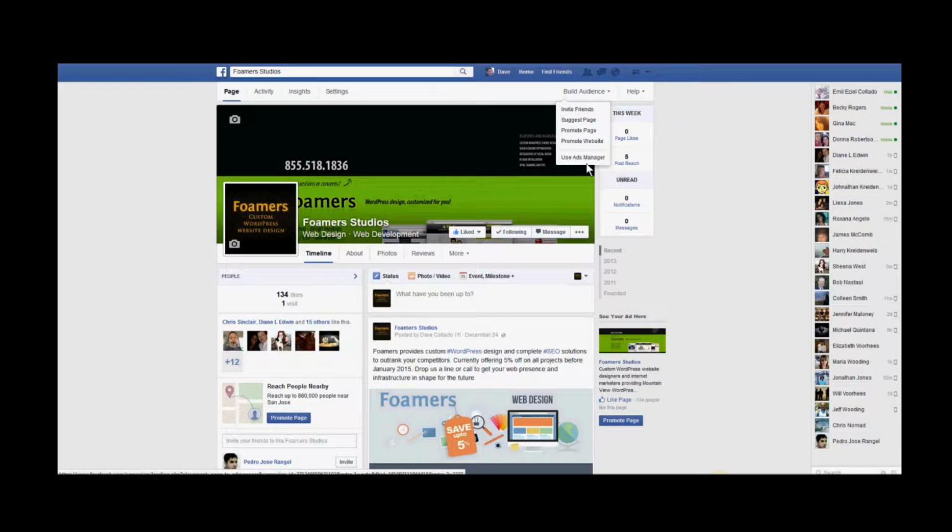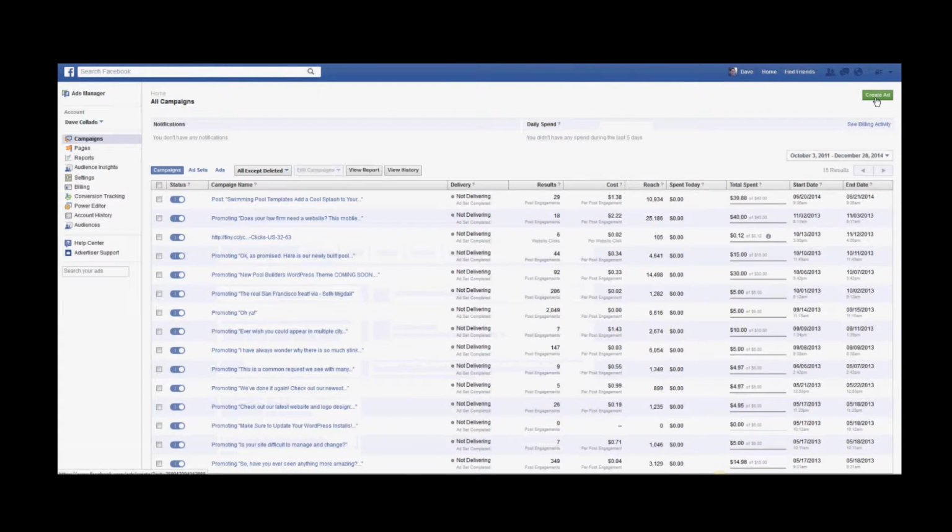and once you click on that, you'll have a new window with all of the ads that you've created in the past, but we're going to create a new ad for this example, and we're going to go to this button here on the very top right. It says Create an Ad. We're going to click on that big green button there, and this is going to take us to this page